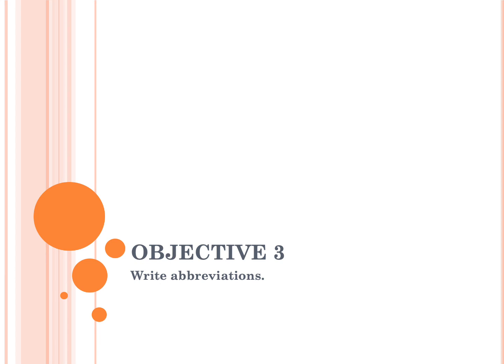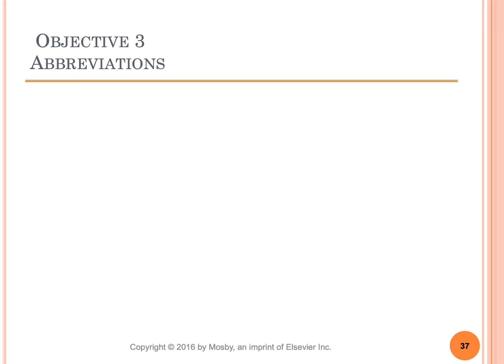All right, so let's look at some abbreviations. The first abbreviation is BP, which stands for blood pressure. All right, then we have our CABG. Remember what that stands for? Coronary artery bypass graft. Now, coronary artery disease is abbreviated as CAD, and our complete blood count is abbreviated as CBC. Now, cardiopulmonary resuscitation is CPR,